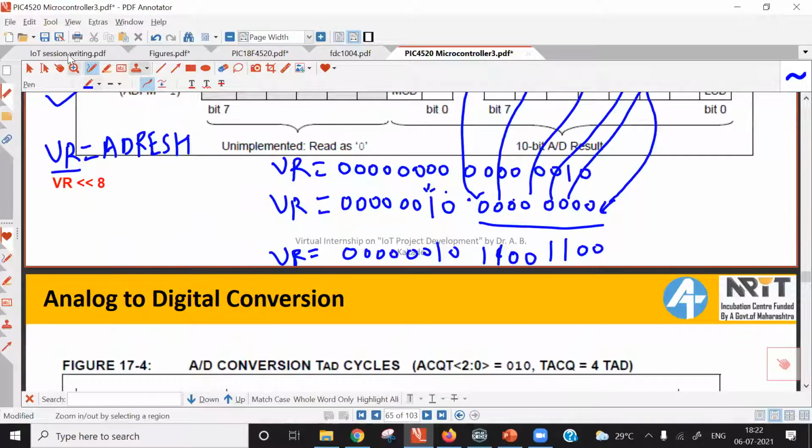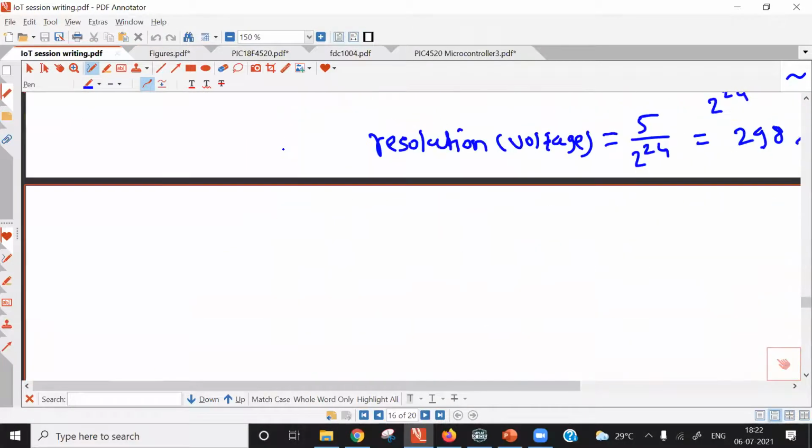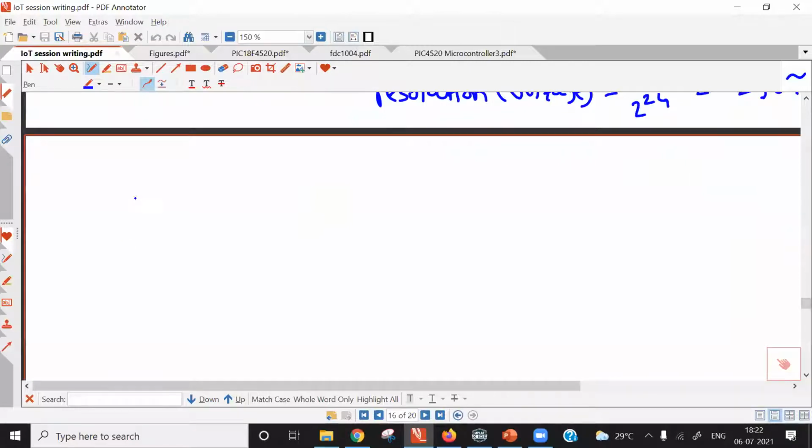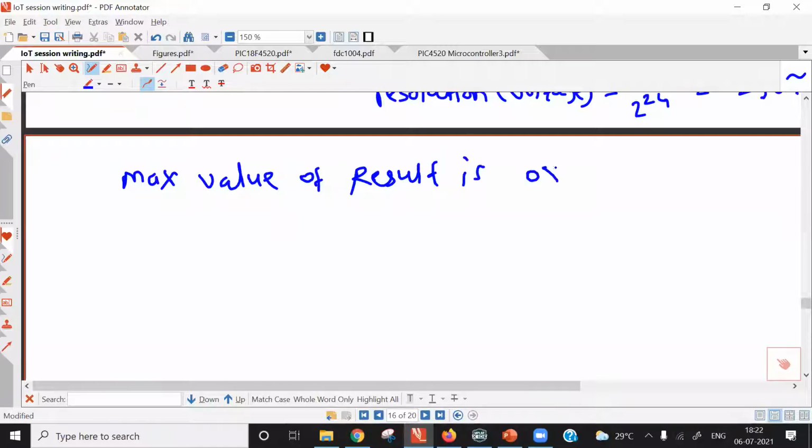In our case, the maximum result is 0x3ff, the maximum value of a 10-bit result. If you convert 0x3ff into decimal, it becomes 1023. And this is hex. Now let us assume that our result is 0x3ff.